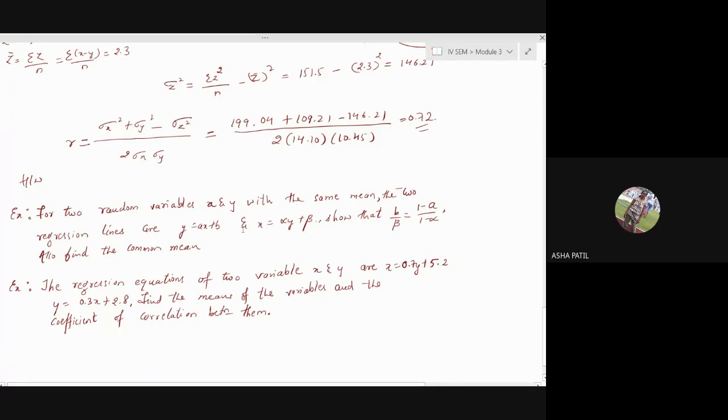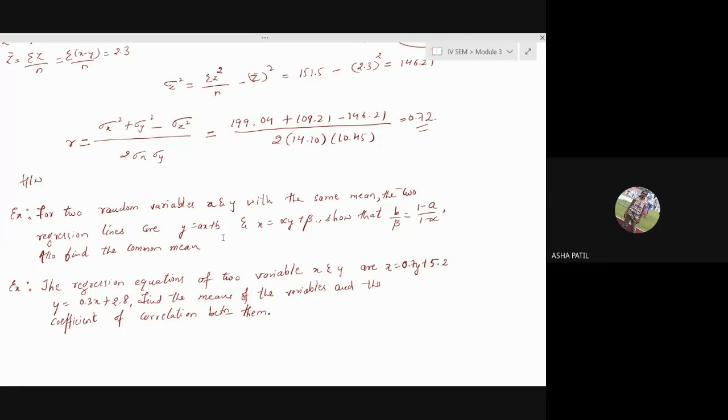Okay, these are the regression lines, and you know that the common mean will satisfy the regression lines. They're given the same mean, so either take the mean as x bar or y bar and then try to obtain b divided by beta. You will get the answer with just 1 or 2 steps of simplification. You will get b by beta is 1 minus a by 1 minus alpha. Try to write b by beta first. Don't try to get x bar. Once you get that, then think of how to get the common mean, which will be in terms of b, beta, a and alpha.